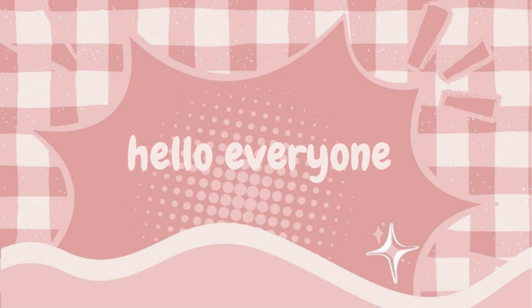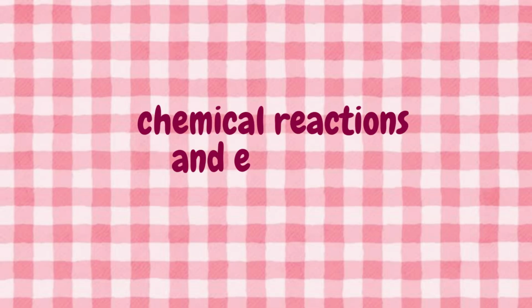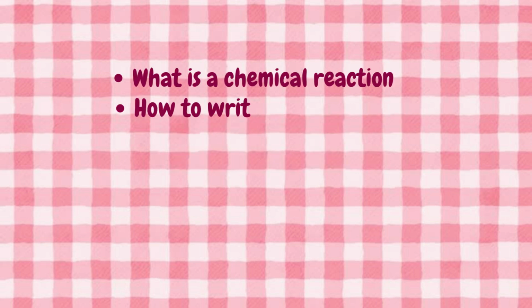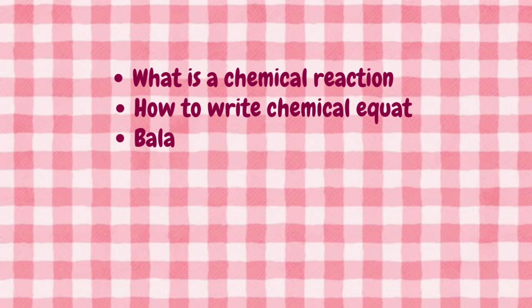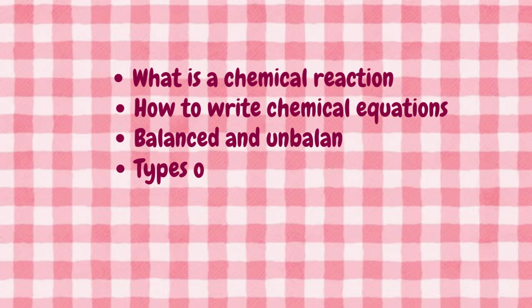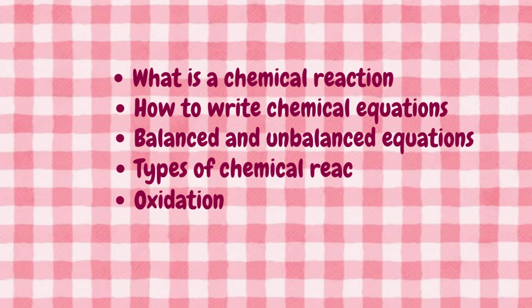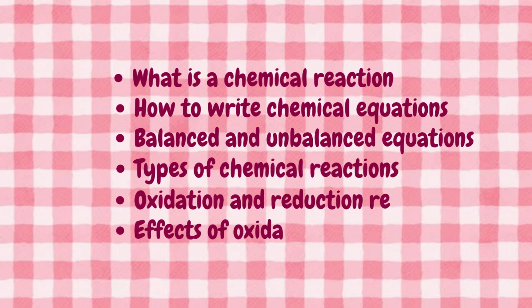In today's video we are going to study Chapter 1, Chemical Reactions and Equations, from Class 10 Chemistry. In this chapter we will learn what a chemical reaction is, how to write chemical equations, balanced and unbalanced equations, types of chemical reactions, oxidation and reduction reactions, and effects of oxidation in daily life. By the end of this lecture you will clearly understand how chemical reactions occur and how chemists represent them using